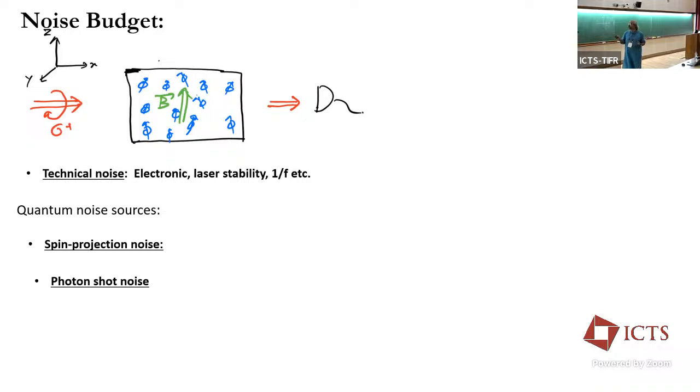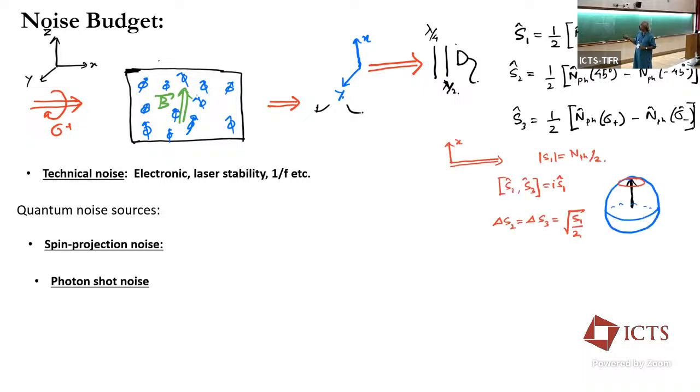But there's another one, which comes from the detection, which is the photon shot noise. What is this photon shot noise in these measurements? We are trying to see the rotation of the polarization, because of this effective Fy component coupling. If I come in with X polarized light, there will be some component in this direction. This can be understood exactly in the spin language by thinking of these quantities that you can measure.